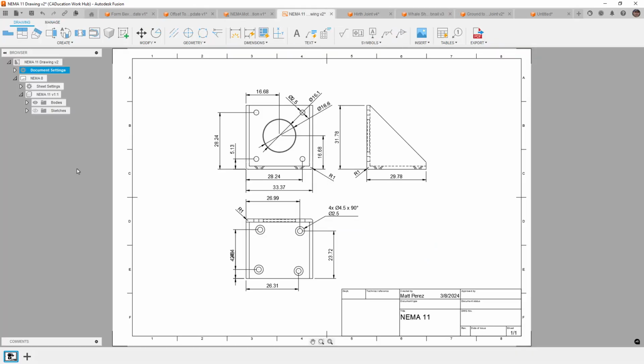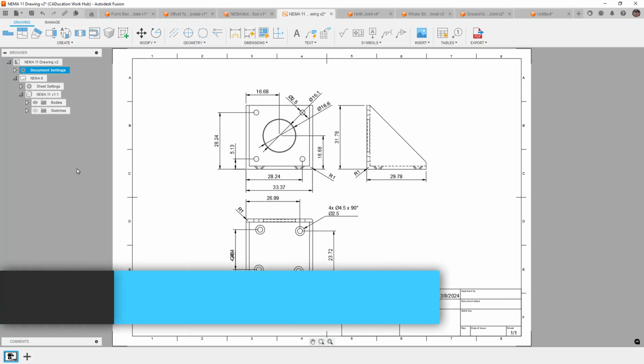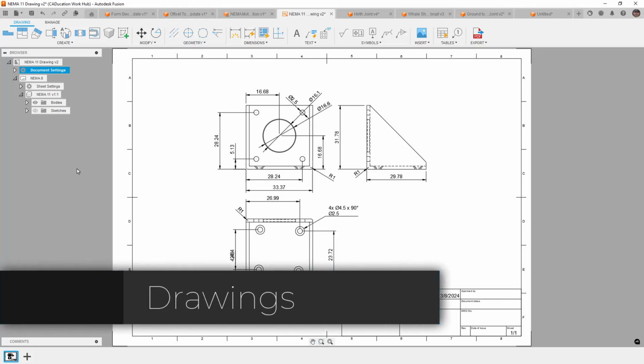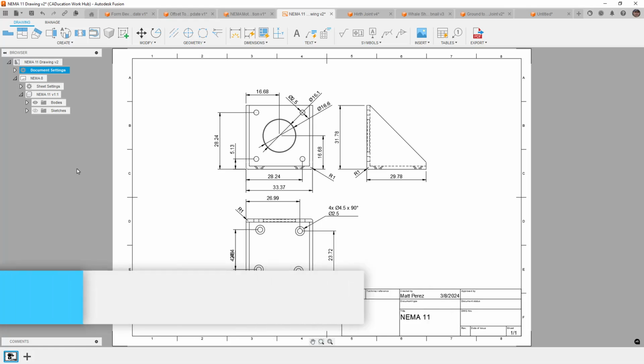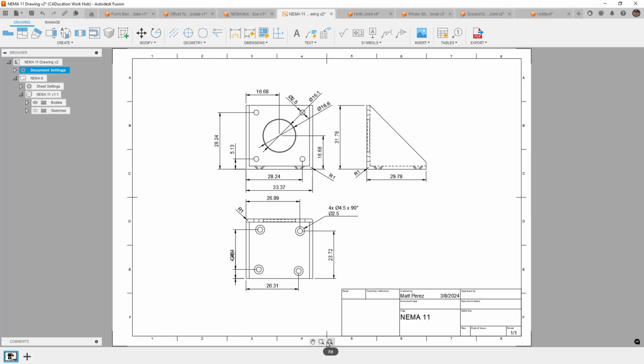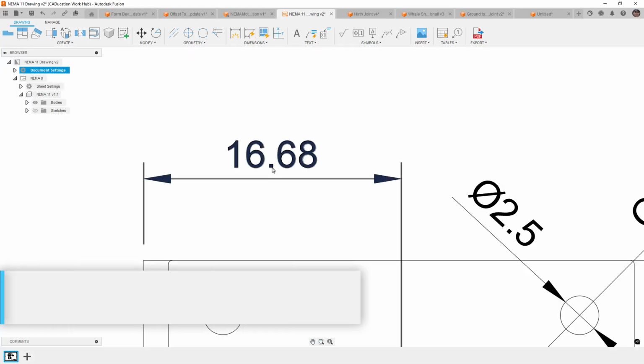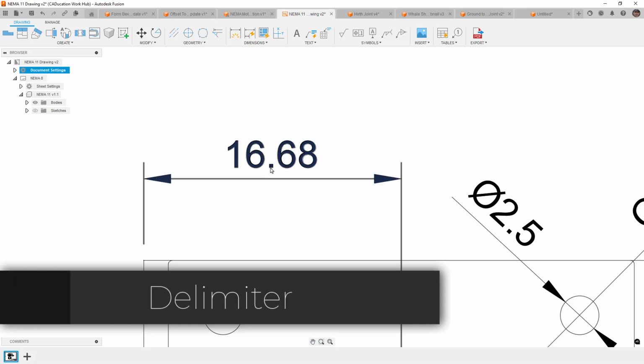All right, so the last things that I want to cover in this video, because we're already about 20 minutes in or getting there, is some updates to drawings. So there are two main updates here that I want to talk about. The first update has to do with delimiters. And what I mean by that is up until now, we could only have the sort of full stop period